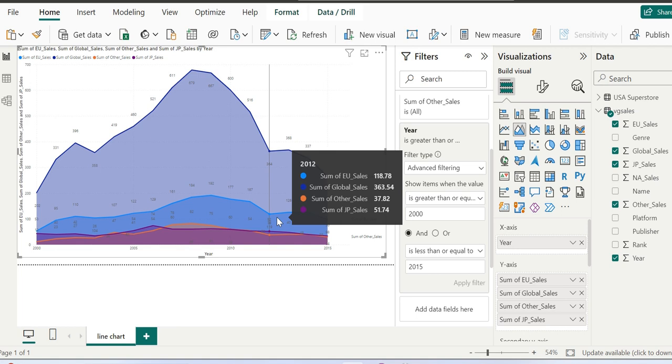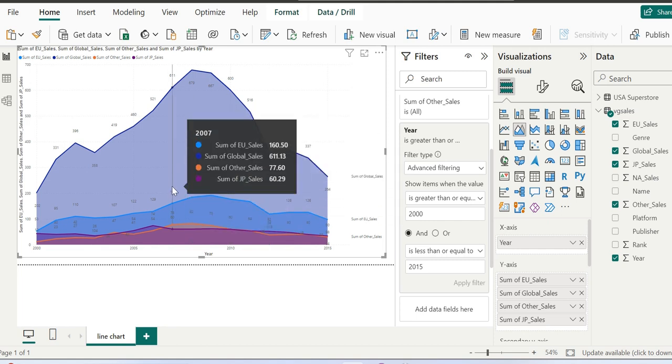So it's a best practice while designing your Power BI Desktop reports to make use of apply functionality like the one you have seen on your screen.